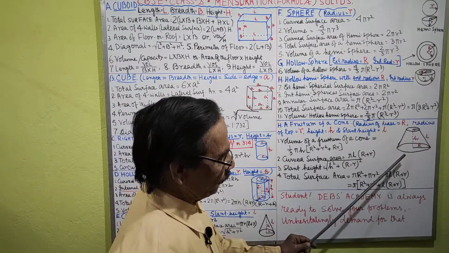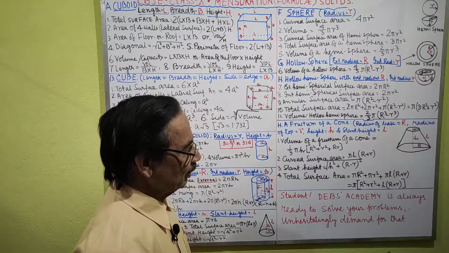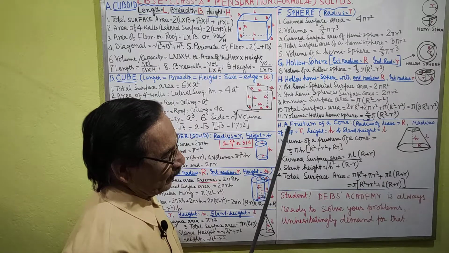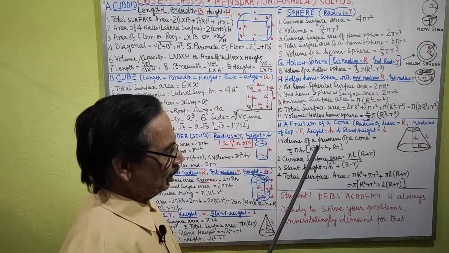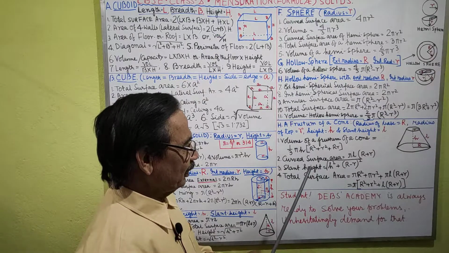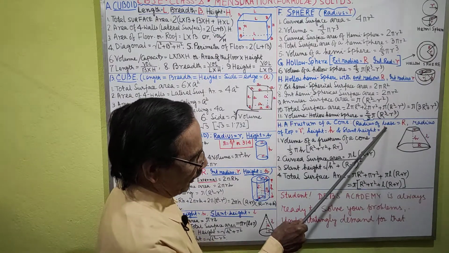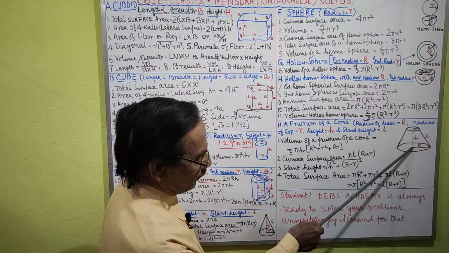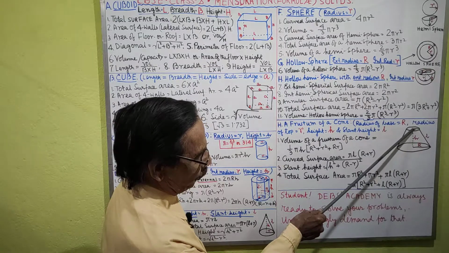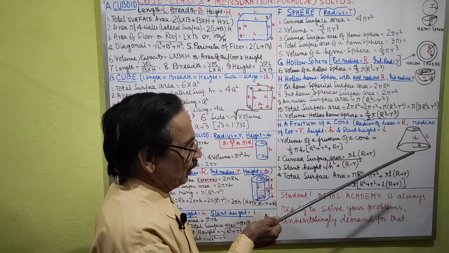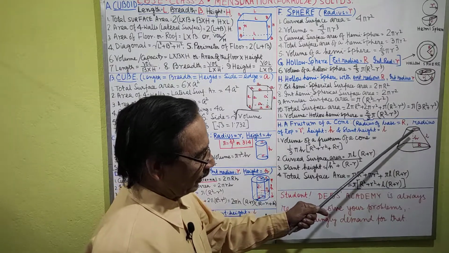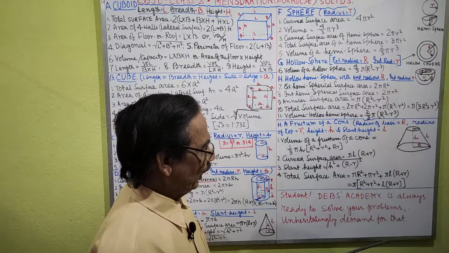It is called frustum. Looks like a bucket. Since bucket has 2 circumferences, one is larger one and the other is smaller one. Let the base, which is larger one, be capital R, and the top, which is smaller, be small r. The perpendicular height is H and the slant height is L.